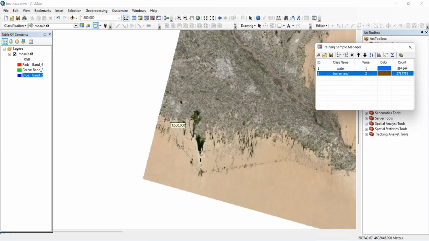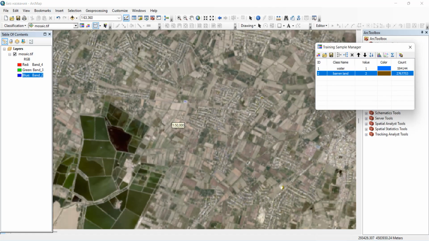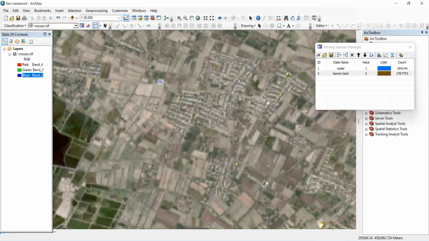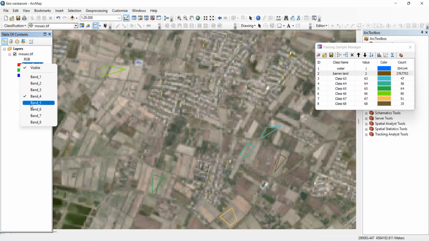So the next step is to collect samples for agriculture. See that this area contains huge agricultural parcels and fields. Be careful because some areas are also close in their signature to barren land, because they are harvested agricultural areas, so they do not contain vegetation. In order to detect vegetation in your study area, you can change this red color and assign band 5 to red,